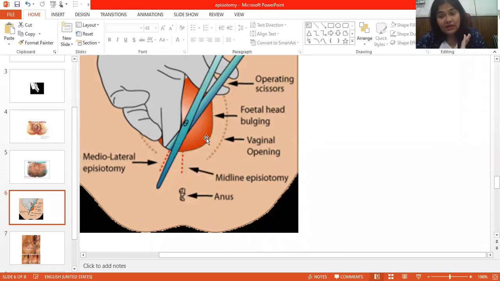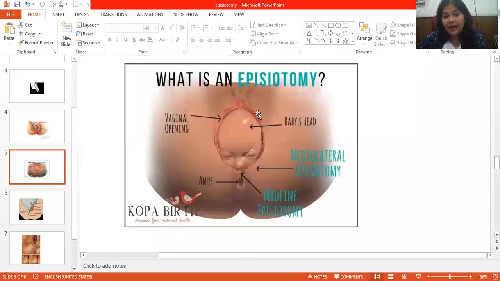But routinely, if you see in the labor room, most of the patients will require episiotomy so that you can prevent perineal tear. At times, the tear in the second stage of labor happens near the perineum, or it may happen here, in the paraurethral area. If it doesn't give way here, it will give way here, and then the anterior vaginal wall bleeds very badly. So giving episiotomy serves two purposes. You have planned it, you have made it easier for the patient by doing it electively in the second stage at the crowning stage. And second, it prevents perineal tear, isn't it?